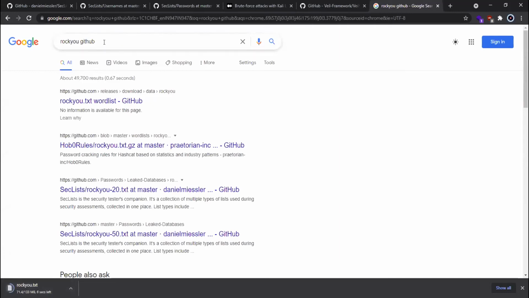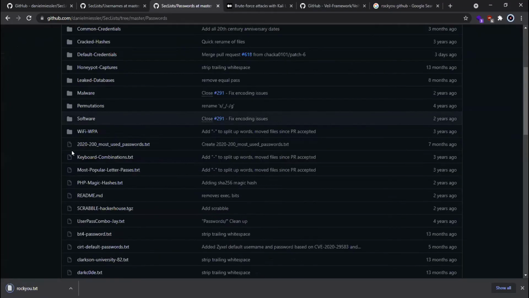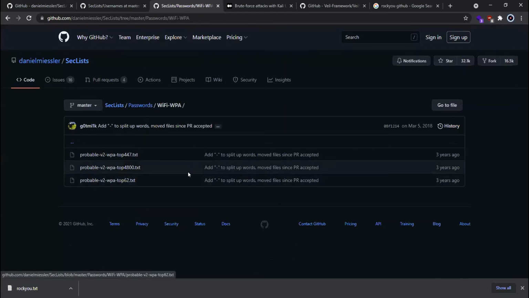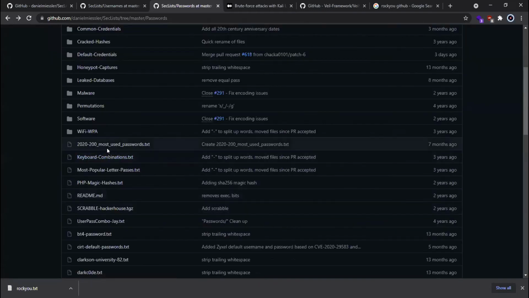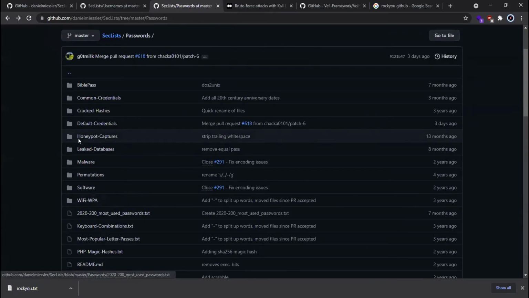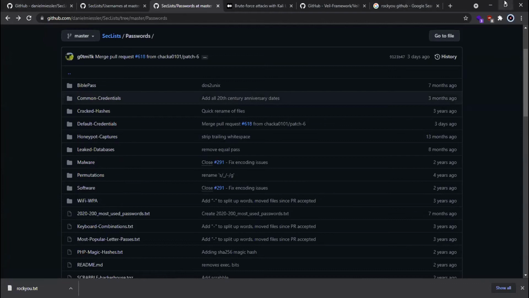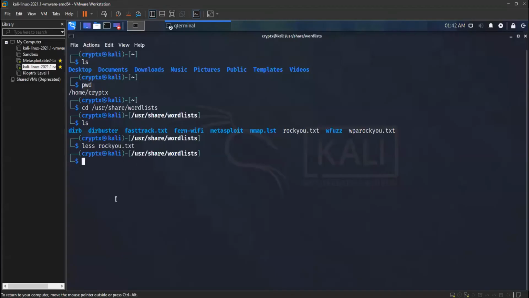For other specific passwords, like for Wi-Fi WPA, you can download the top passwords for Wi-Fi also, to brute force them, like the 200 most used passwords. So these are the different types. You have rockyou, and I showed you how to download it.